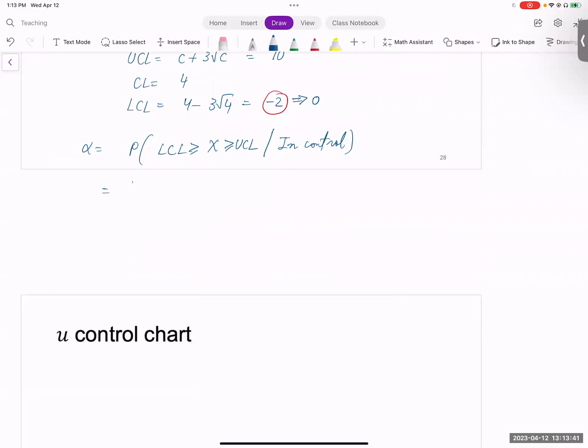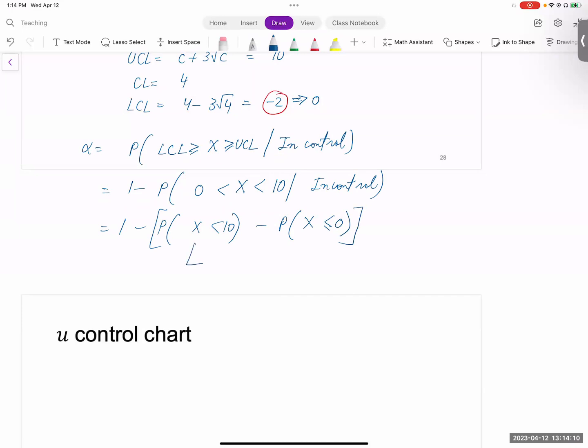And then this is equal to 1 minus probability X is less than 10, greater than 0, given the process is in control. I can do a little bit more simplification. I can write this as 1 minus probability of X less than 10 minus probability X less than or equal to 0. And then X, I know, follows Poisson with parameter 4. So you can use your calculator here and you will get an answer of